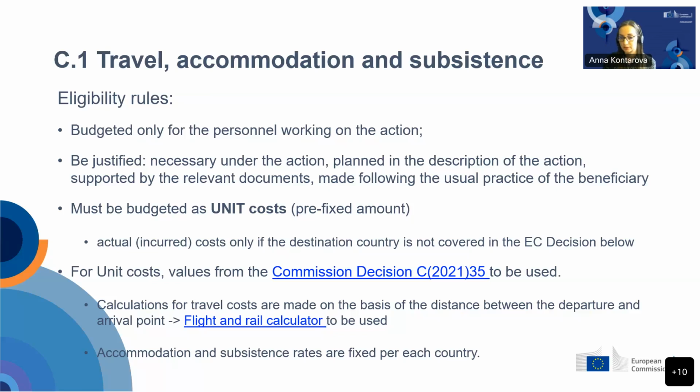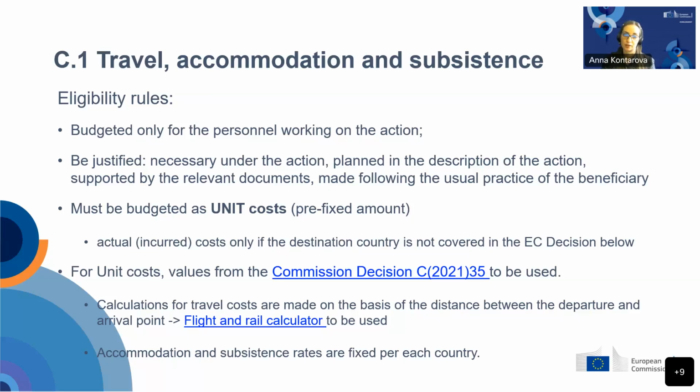To be eligible, they must be budgeted as unit costs, meaning these are fixed amounts. And in limited cases, they can also be budgeted as actual costs, but only, for example, if the destination country, the travel or the distance is not covered by the EC decision below. You will be able to click on the link directly. So for unit cost values, you will find them in this decision, but also in Annex 2A. And so how you calculate these, as these are unit costs,